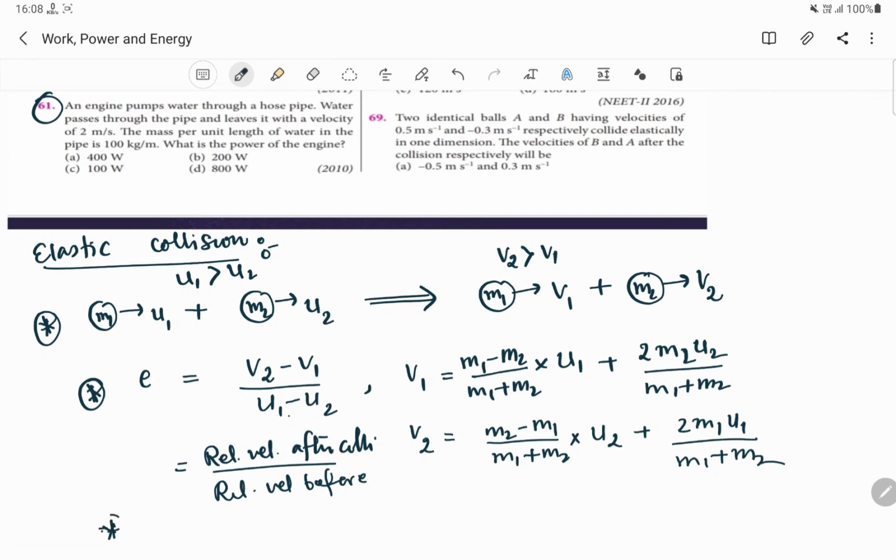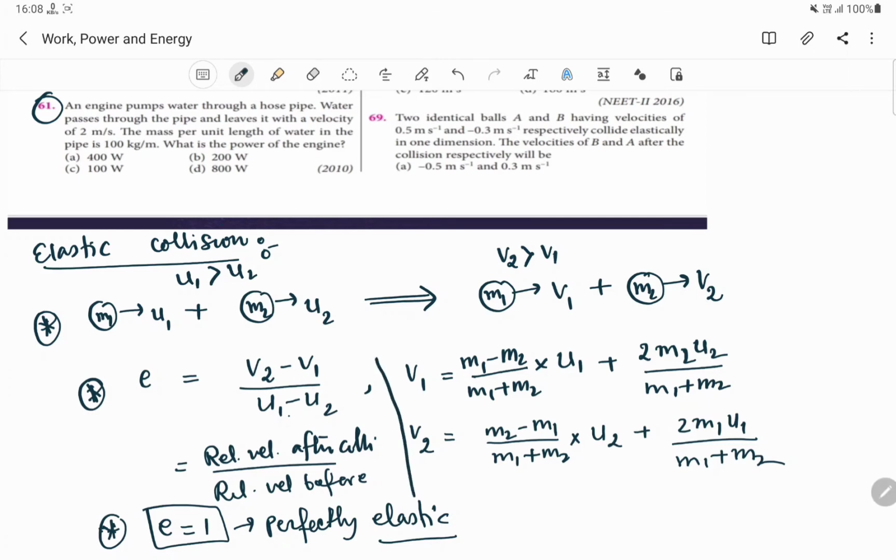And depending upon the value here, E is equal to 1. If E equal to 1, that means it will be perfectly elastic. Remember this, perfectly elastic. Okay, for perfectly elastic, coefficient of restitution will be equal to 1. And for elastic collision there will be conservation of kinetic energy as well as conservation of linear momentum, and after